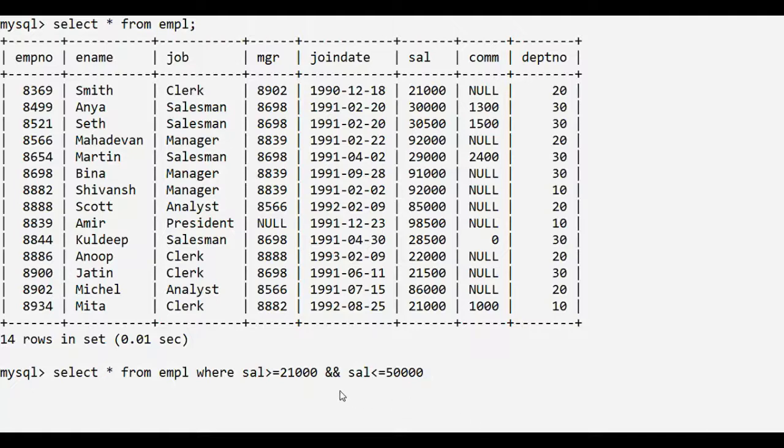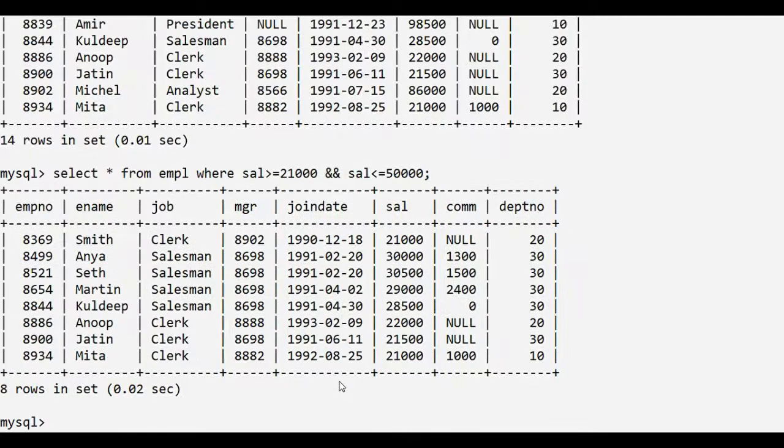Remember, the AND operator can be represented using the double ampersand symbol. Let's see the output, and you can see the output remains the same. Instead of using the between operator, we wrote the same query using the AND operator. If both the conditions are true, then only the record will appear in the output.